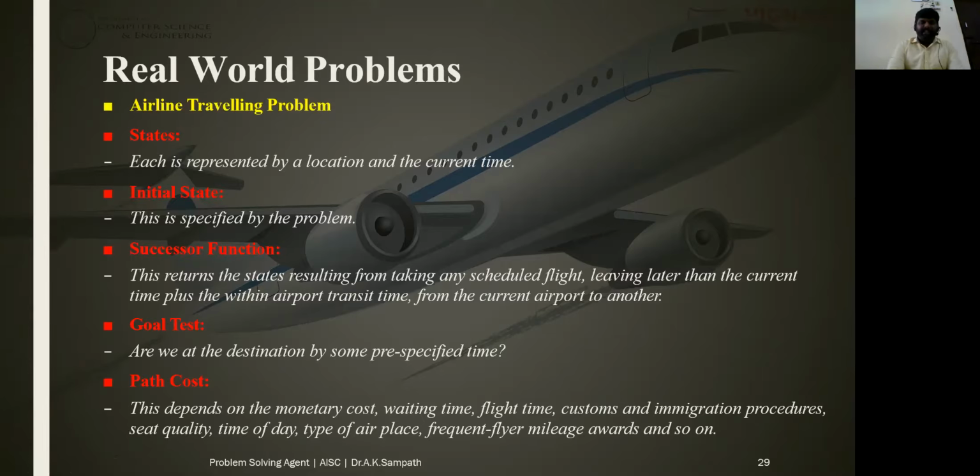So that is again a goal state. Is there any delay, right? Maybe the schedule, maybe the delay due to some other reasons, right? And all other path costs. So here in case of reaching the destination on time, there are a few factors to be considered, right? So first thing is the cost. Suppose if the flight is traveling or flying for a longer duration, automatically the fuel will cost more.